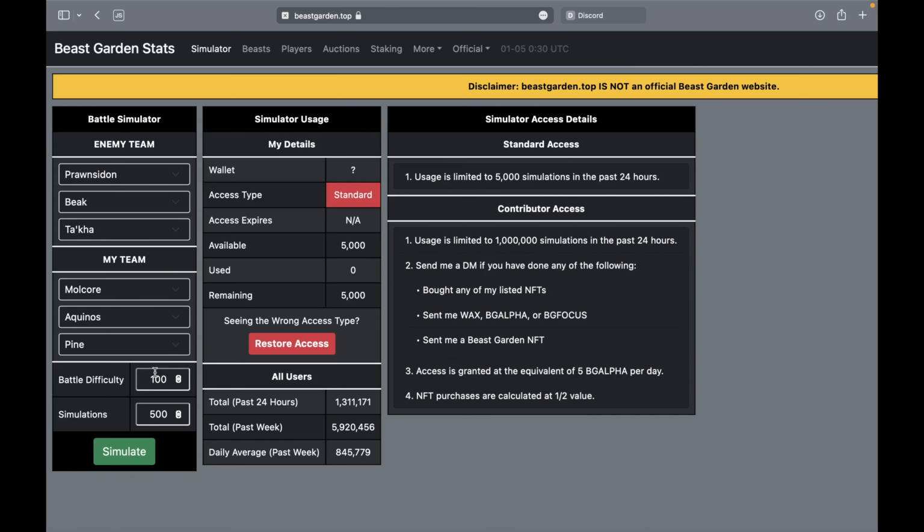But anyway, what difficulty am I going to go for? I think I have a lot of damage here, so I'm going to go with 200%. It might not be something I do too often. Like, 200% is really high. So if we go ahead and simulate this,